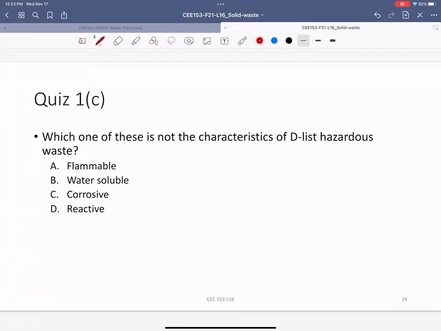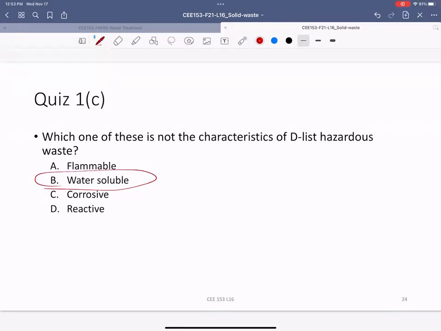All right, which one of these is not a characteristic of listed hazardous waste? Meaning I'm asking which is not hazardous. Which of these characteristics doesn't constitute them as hazardous material? Raise your hand if it is answer A. Raise your hand if it's answer B. A lot of them. Raise your hand if it's answer C. D. Okay, good. So we got 2 out of